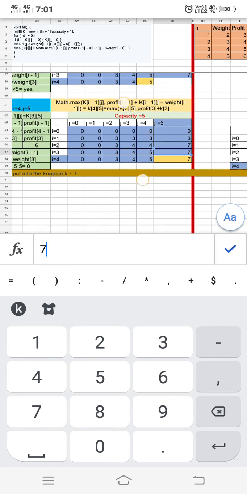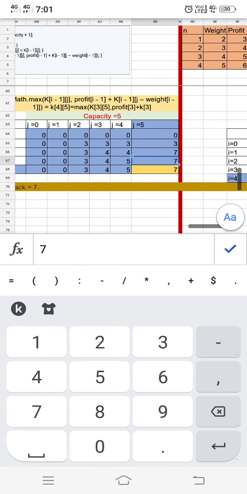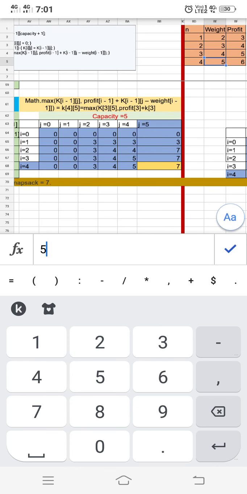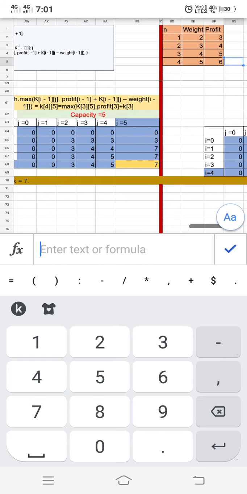Now when I select the fourth object, its weight is given as 5. So I will search in the table for i is equal to 4 and j is equal to 5. Its profit will be 6. But here, how did I get 7 in this entry? So let us see that. By adding the object 4, its profit is 6 for the index i equal to 4 and j equal to 5, because 5 is the weight of the object 4. Now I will check which previous objects I can add so that I can still get the maximum profit or not.